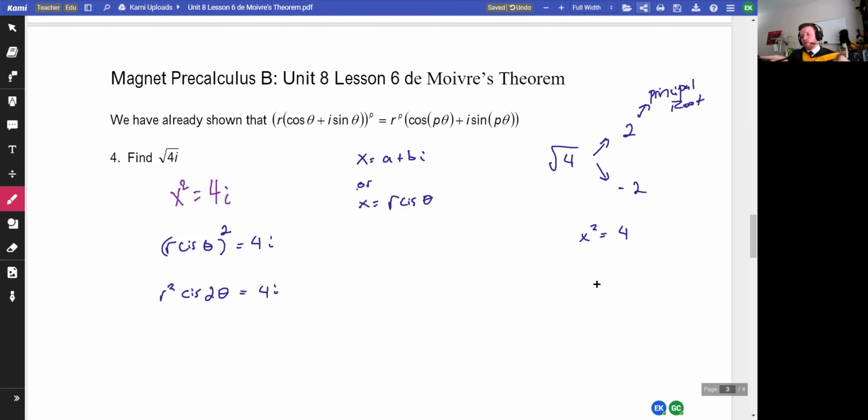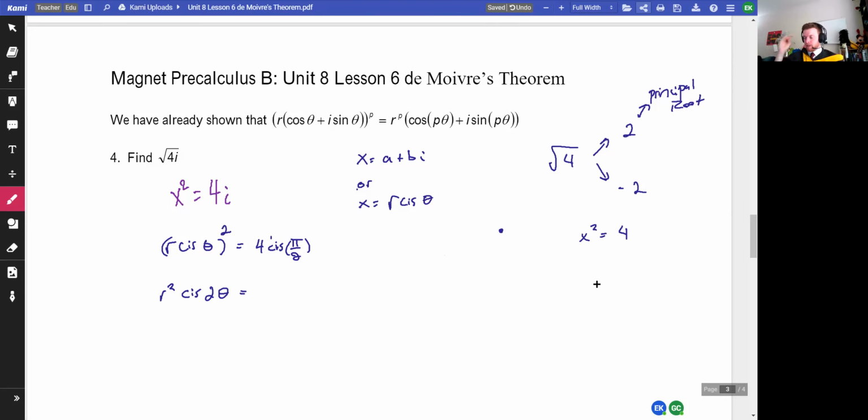But right now you're comparing apples and oranges. What can we do to that 4i? We can convert that into polar. Let's convert that to polar. What would that be? That would be 4 times cosine pi over 2 plus i sine pi over 2. Its magnitude is 4. The way I like to write it, I like to draw 4i in the plane and then do the trigonometry to get those angles. This time it's very nice. It's on the y-axis. But if it was out here, I'd probably draw a triangle with its dimensions and use arctan.